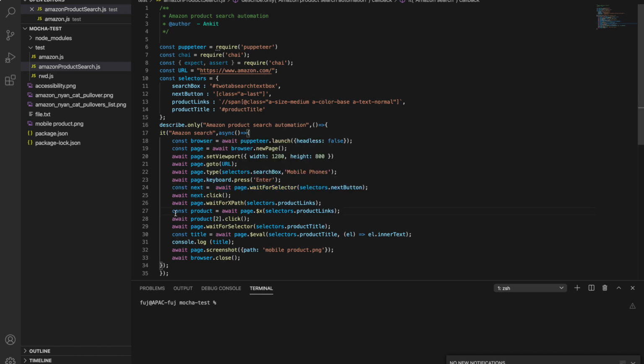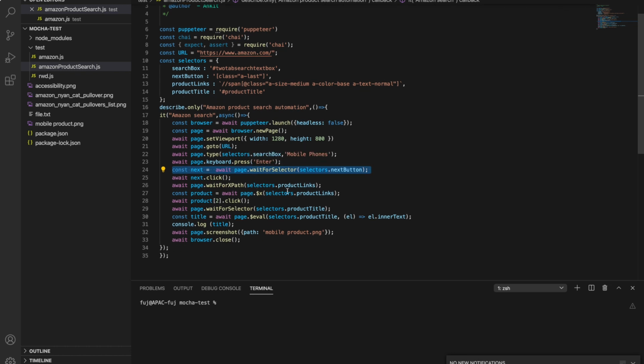Here we have added $x and waitForXPath. Next, we select with $x the product links here. So product links was our XPath. This was the XPath we have written. Others are CSS selectors, you can see. So this I have used as the XPath.